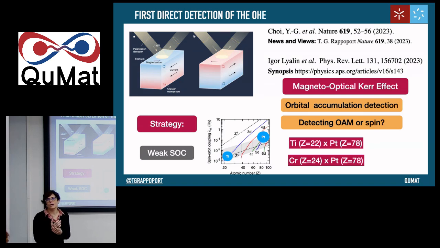Maybe I can just add the coupling in the ferromagnet as well, right? If you have a big change in what happens in a ferromagnet because it has spin-orbit coupling or not, there is also an indication. Sorry. Okay, thanks.